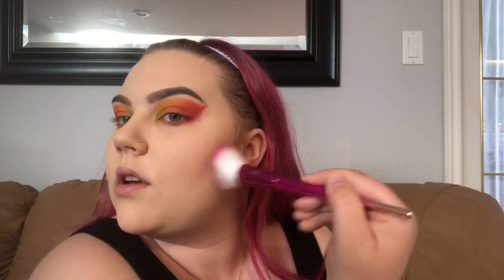So I just take this fluffy brush and go in with the bronzer and tap it out, because I don't like a lot. I just brush on my cheeks, under my cheekbone and stuff, and then it just looks like I didn't overdo it, you know? It kind of makes my cheekbones stand out. I mean, they kind of already do, but...